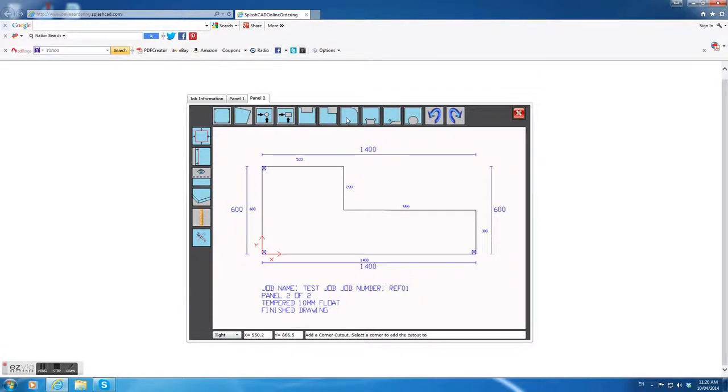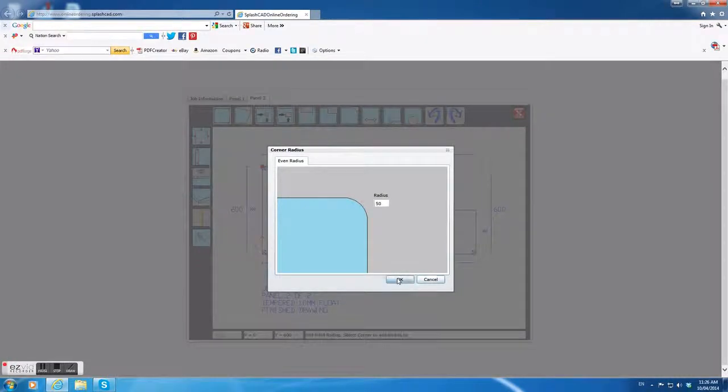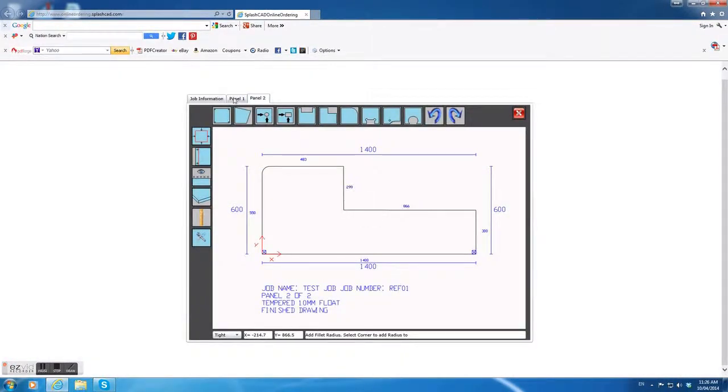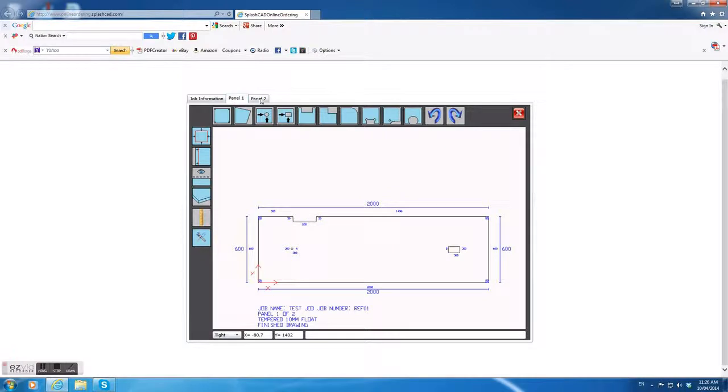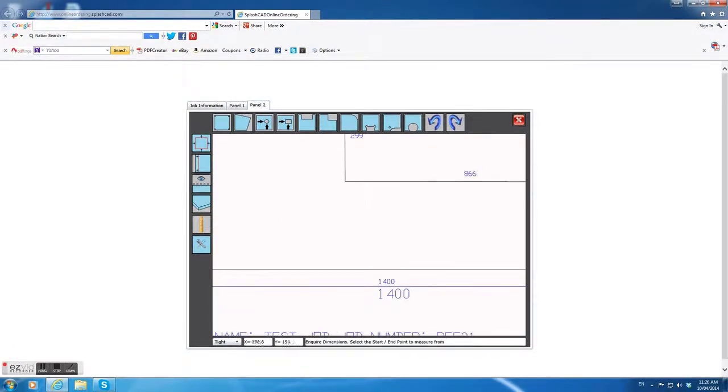Now we put in a corner radius on the outside. The internal radius is already set by the cutout. They're selectable inside the dialog that comes up when you add the cutout, but this is for an external radius. Using the dimensions tool, we can